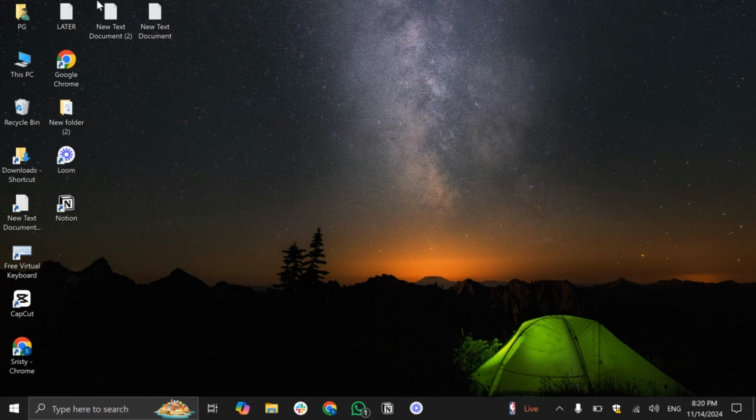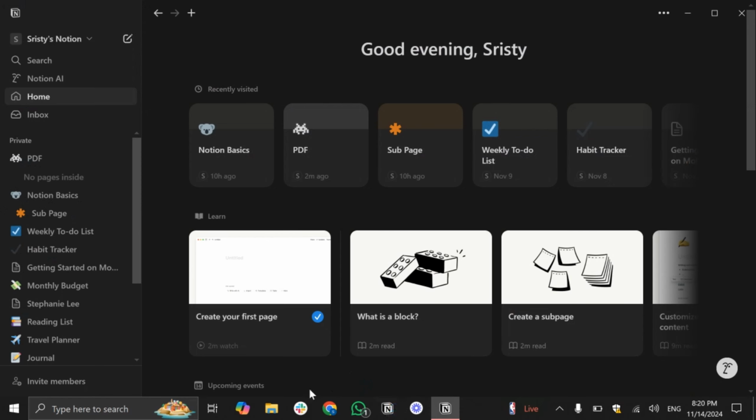In today's video I'm going to show you how to move a page in Notion. So simply go to your Notion app and go to the page that you want to move,